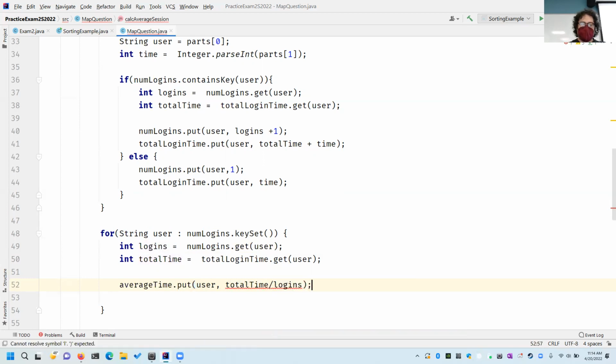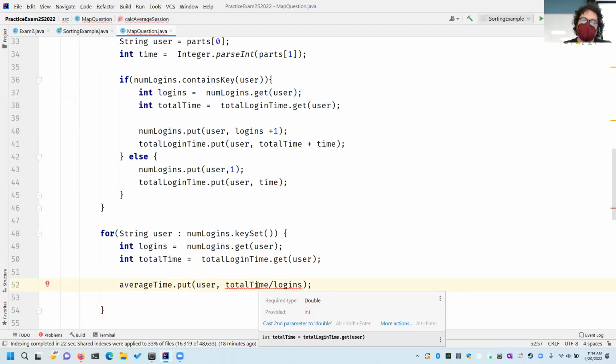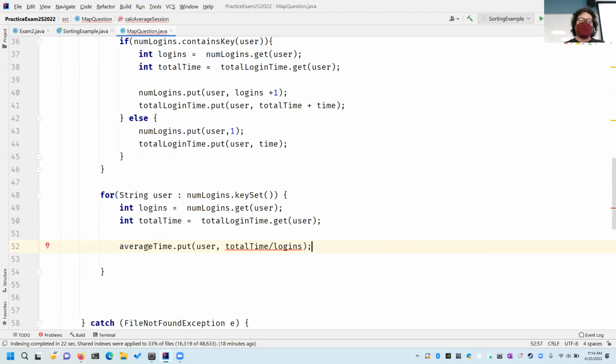So this will cause an error. Specifically, what's going to cause it is "required type double, provided type int." This again is just kind of a minor thing that's fixable as soon as you know what it is. It's one of those quirks of Java, which is that